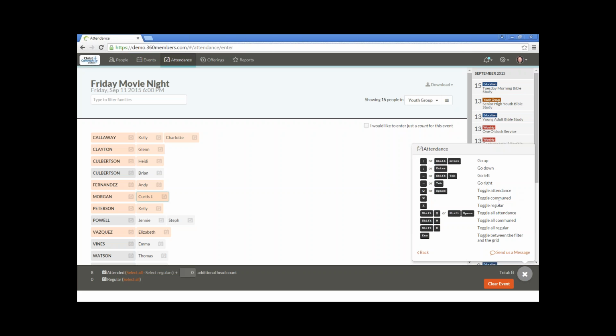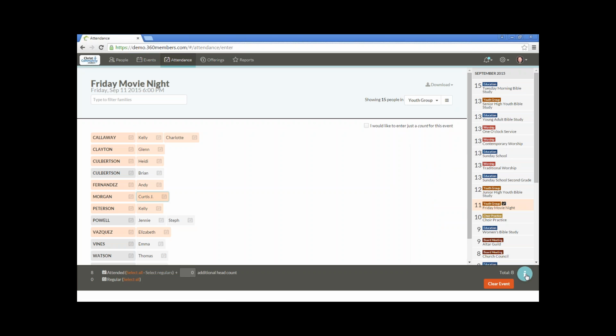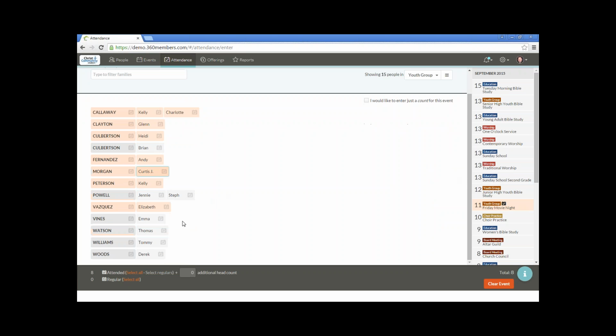And the way that regular attenders works is that it allows you to mark people who are typically going to attend the event. And then once you have those people set up, you can just click select regular attenders, and it will mark all of your regular attenders for you. So I'm going to close Information Center. Once I've entered all the people who've attended, and let me select a couple more,